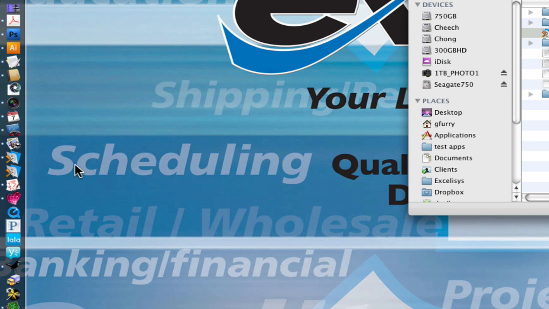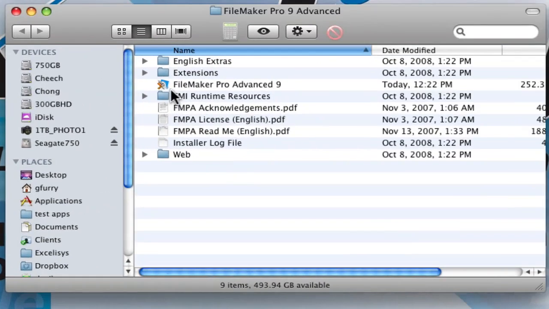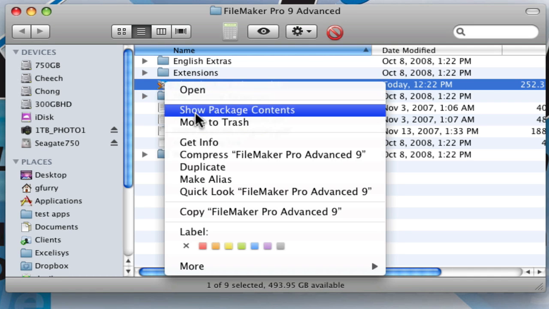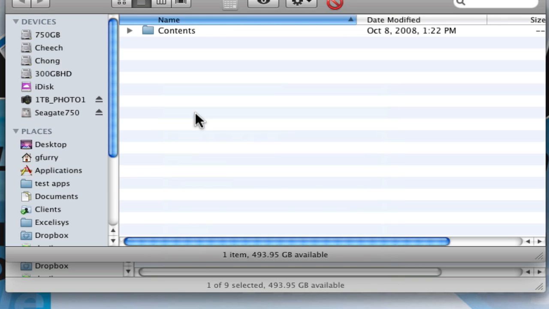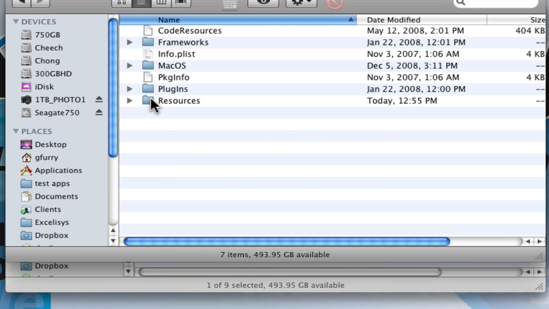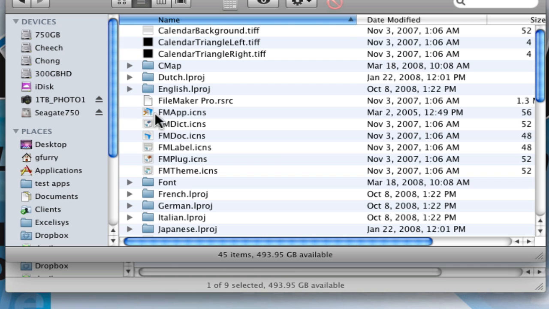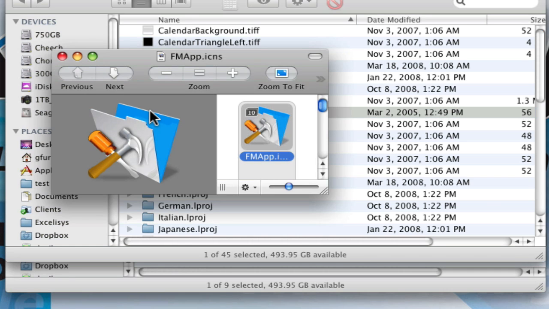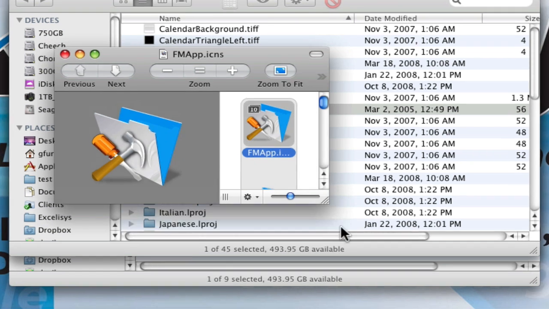But I'm a visual person. I like to look at the icon and know, and not have to wait and hover over it every time. So what I'm going to do here is right click on the application itself, show package contents, inside of there, double click on that, inside of there, resources. And inside of there we have this little thing called fmapp.icns. And what this is essentially, if you double click on it, you can see in Preview, this is the icon,